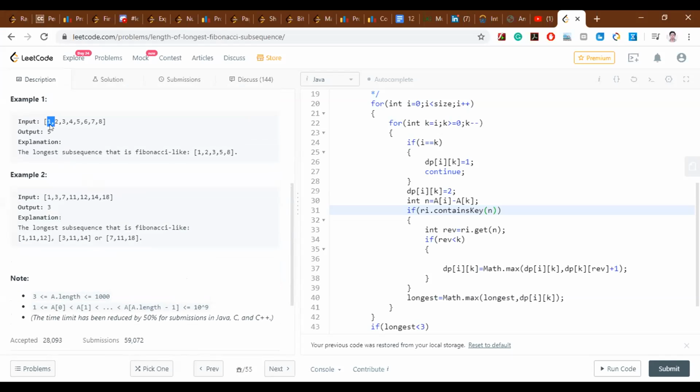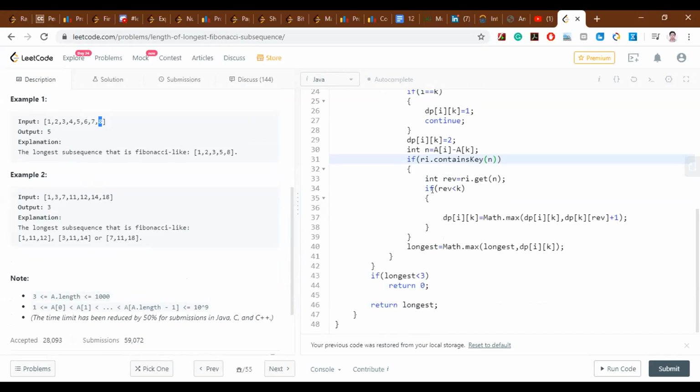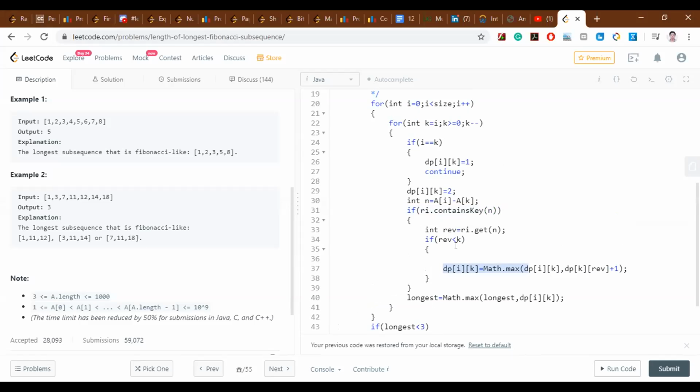Yeah. Because it is going from the starting, not from the back side. So that condition will not come. And for the subsequence, if it is not making a valid subsequence, then I'm checking that here. If it is less than K, then only I'm updating the DP table. Because every row it is going to increment your Fibonacci sequence by 1 only every time. If it is more than 2, then this won't work because that is the way it is designed. Okay. No problem. Thank you.